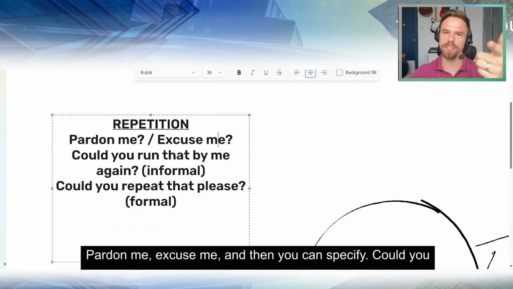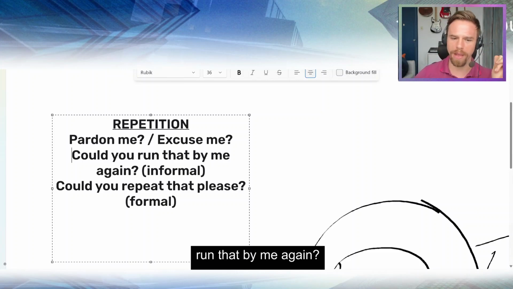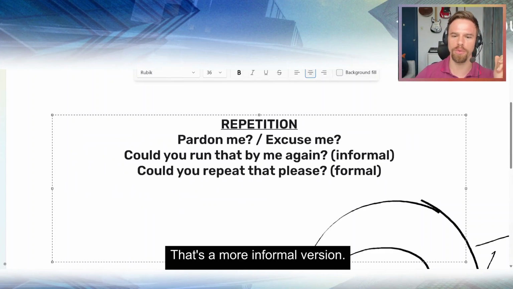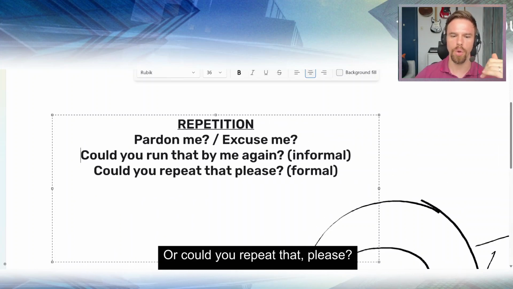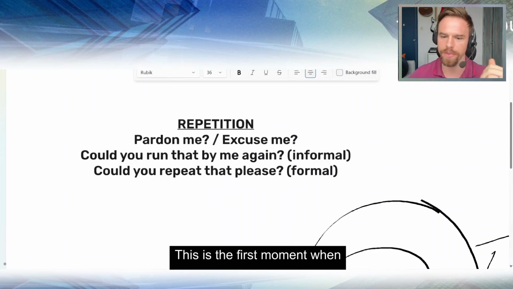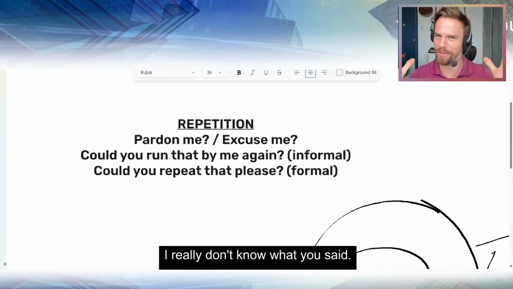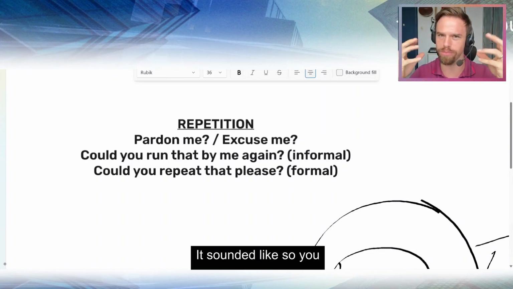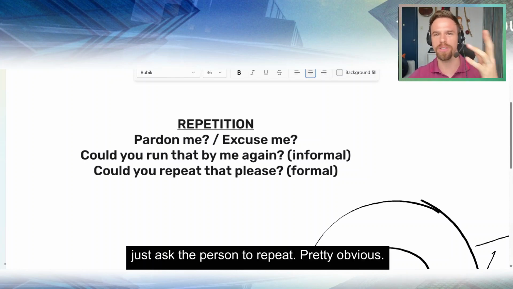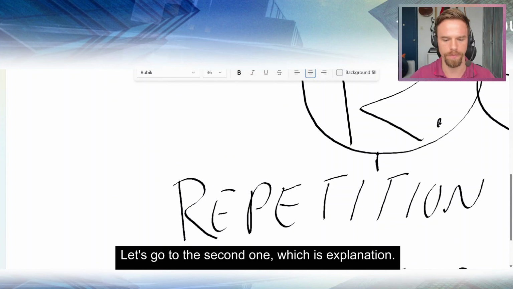Pardon me, excuse me, and then you can specify. Could you run that by me again? That's a more informal version. Or could you repeat that, please? This is the first moment when I really don't know what you said. It sounded like blah, blah, blah. So you just ask the person to repeat. Pretty obvious. Let's go to the second one, which is